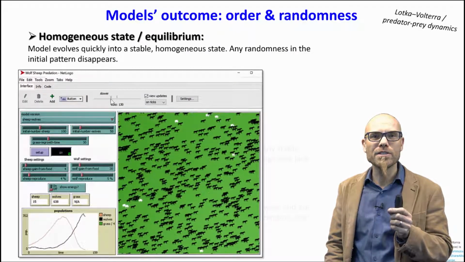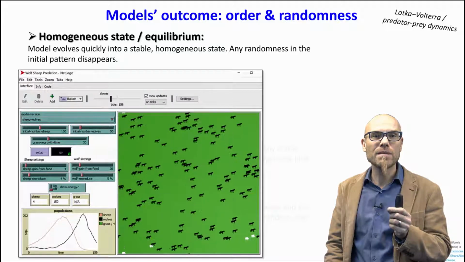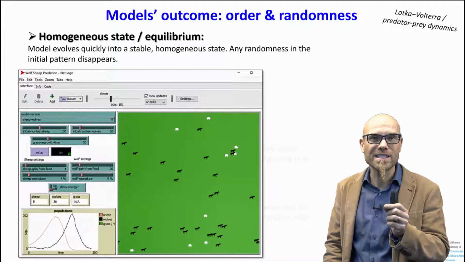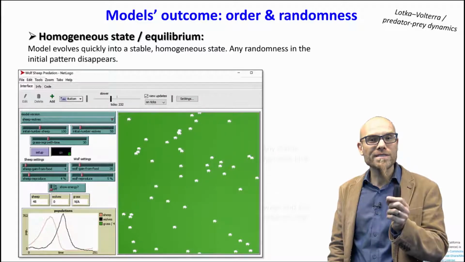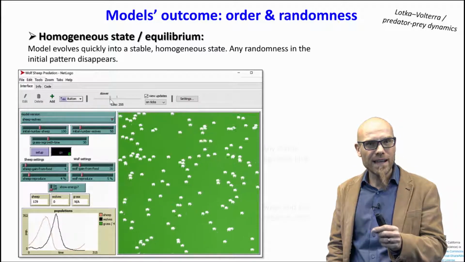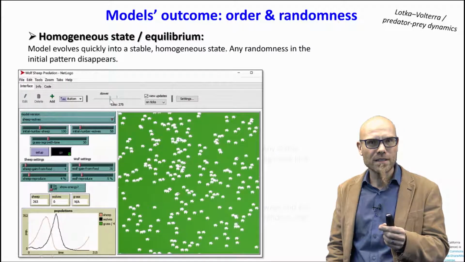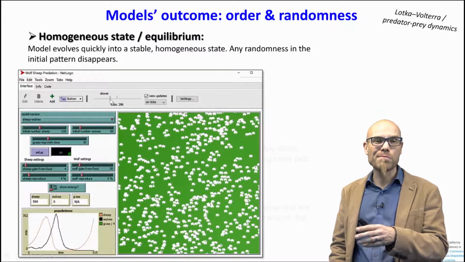Oh, you see, some sheep survive. 2, 3, 4 sheep, they just didn't run into these wolves. These were some 2, 3, 4 lucky sheep. They didn't run into the wolves. The wolves didn't find them. The wolves died out. What happened now? The wolves died out. Wow, feel free to go back and replay that one.